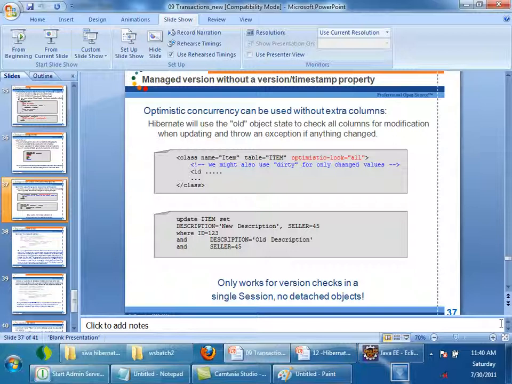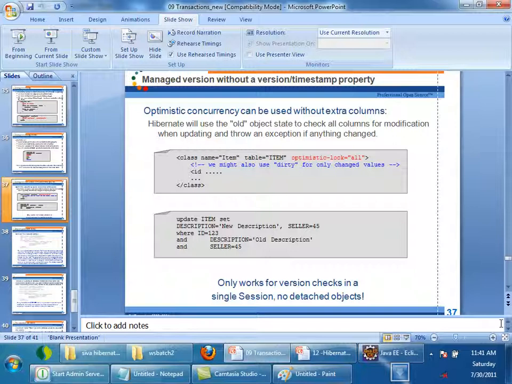Right? Previously the update query was checking the version in the where clause. Now this update query will check each and every variable of the old object with the one in the database before firing the query. If all the columns are correct, then only the update will be fired, otherwise no. Right?